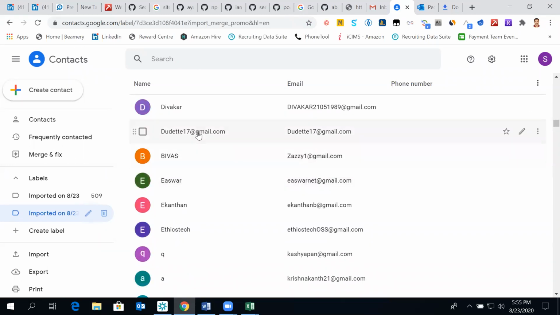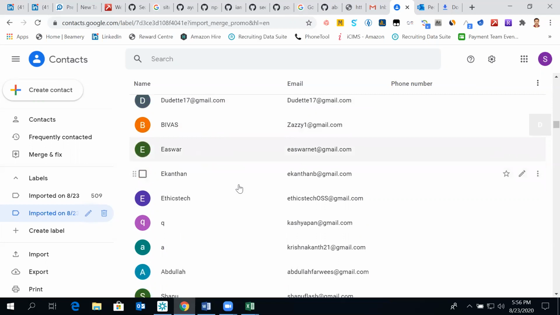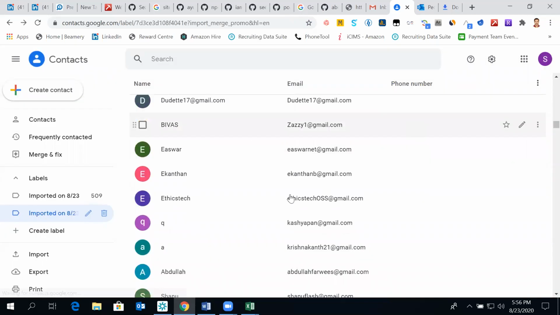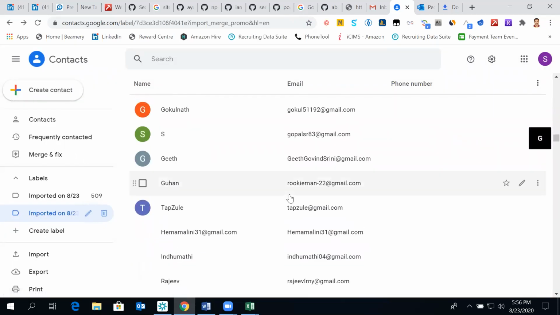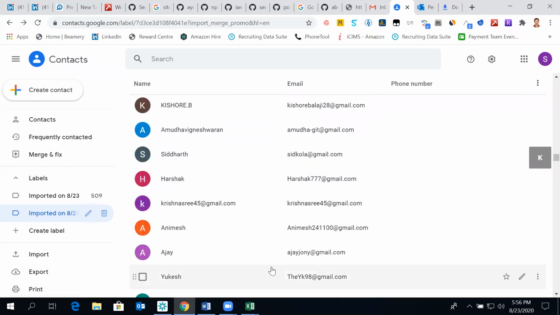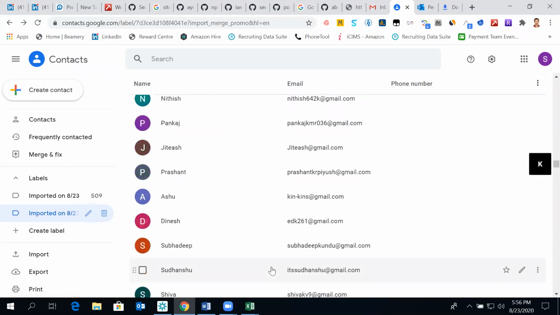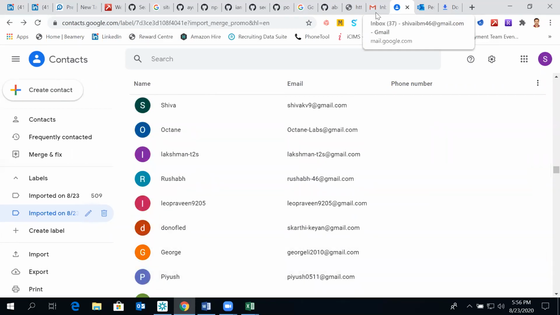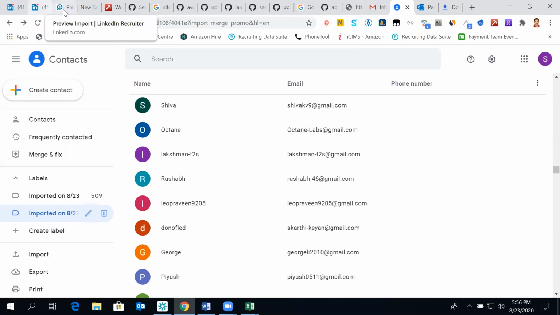So very few you will see where we are not able to see their first names. So that's about data manipulation.